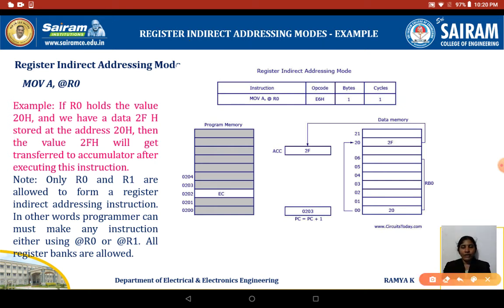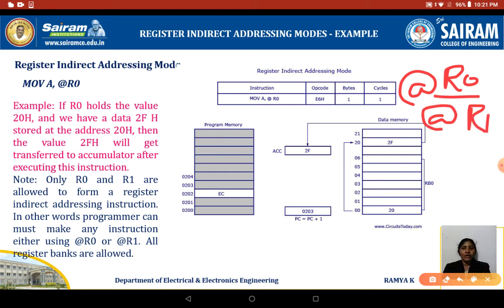If you are using R0 in register indirect addressing mode, you should use the @ symbol followed by either R0 or the @ symbol followed by R1. Take this example, MOV A, @R0. It means that whatever data R0 represents, in either bank 0, bank 1, bank 2 or bank 3.